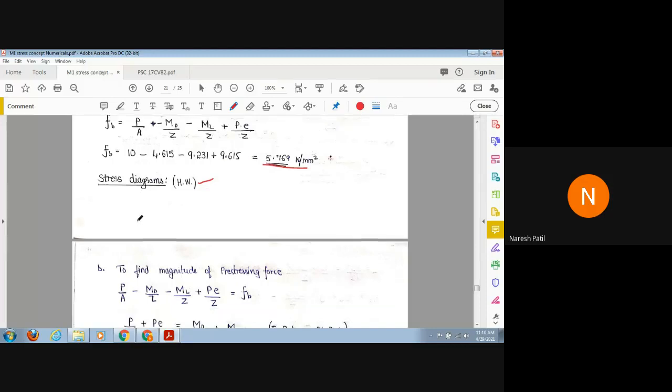Okay, so now the stress distribution diagram, it is for homework. So we'll try it here. Okay, so what will be the first stress distribution diagram? First क्या होगा? First में, so it should be P by A, correct? It should be P by A. That will be in rectangular pattern. So that is C. You can see P by A. Aziz, I'm trying to draw something. Is it visible? Yes, sir. Okay, chalo. So we have. So this is P by A and that will be positive always.